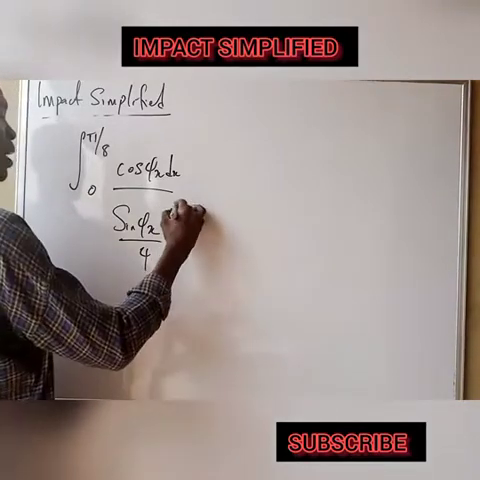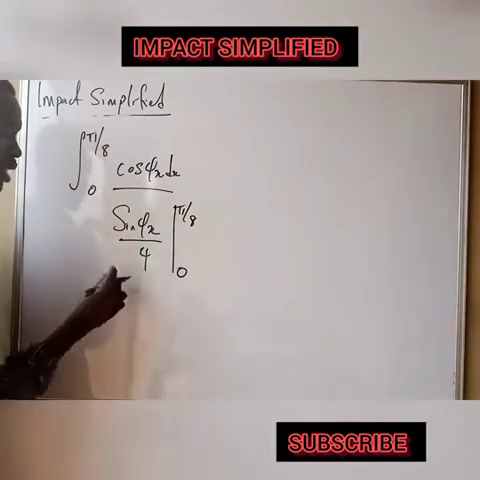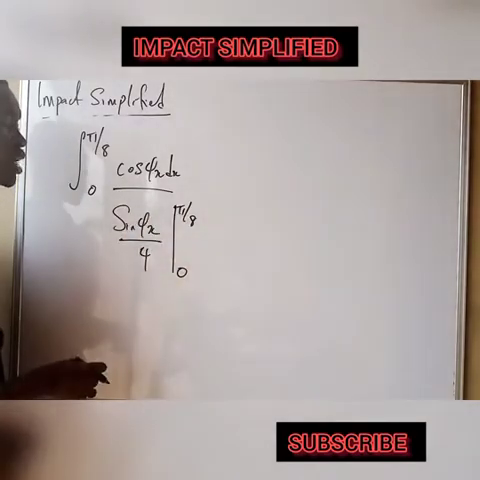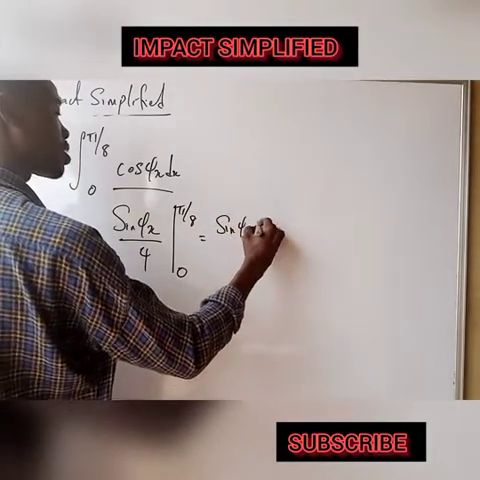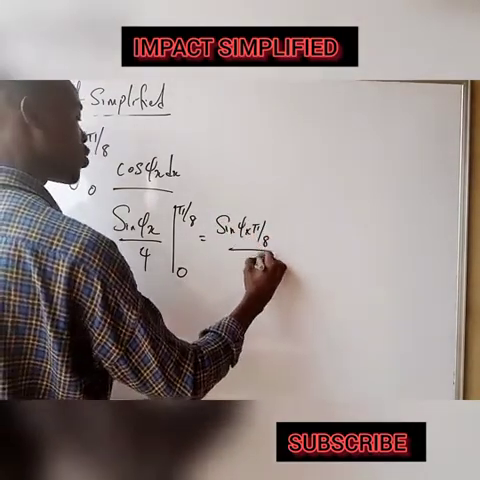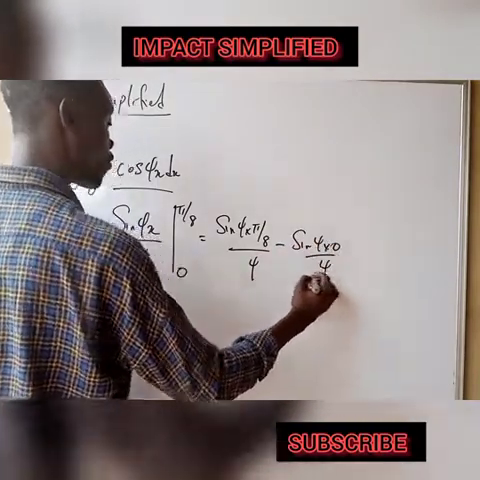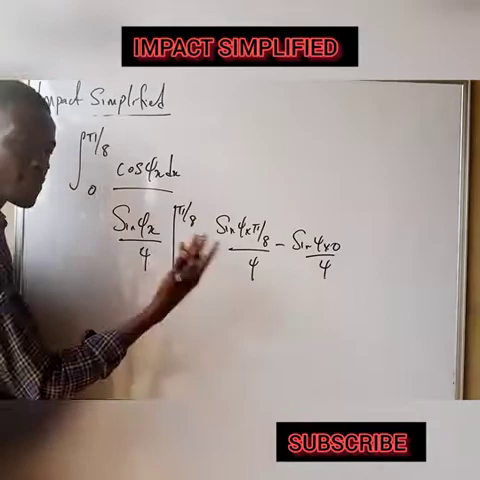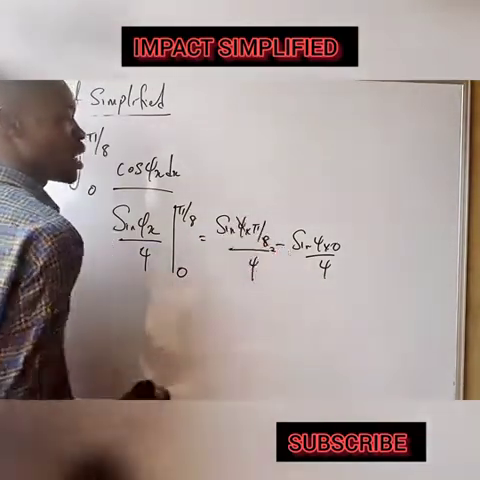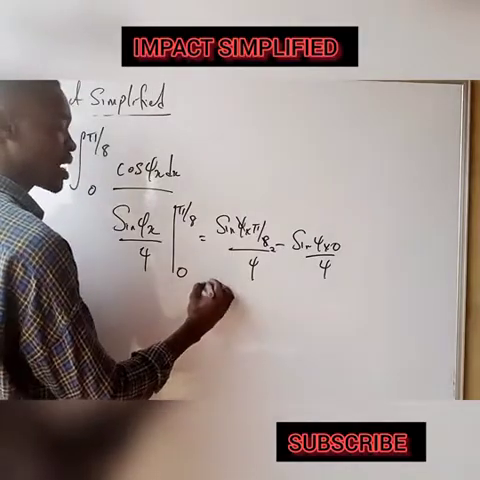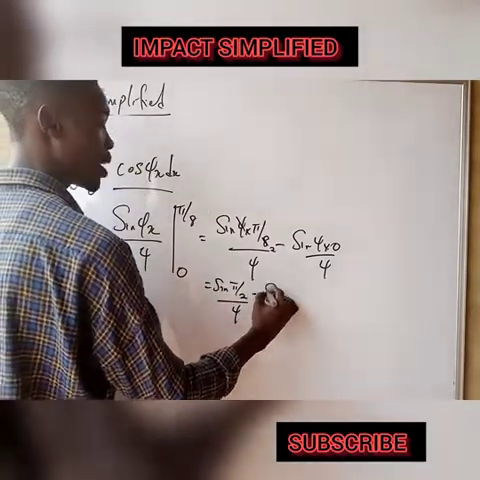But what is the upper limit? Pi over 8. What is the lower limit? 0. And here, you will now put your x as what? As pi over 8. And that will give us what? Sin 4 times pi over 8 over 4 minus sin 4 times 0 over 4. Do we get that? The upper minus the lower. And this one, 4 here, will give us 2. And then we have it as what? As sin pi over 2 over 4